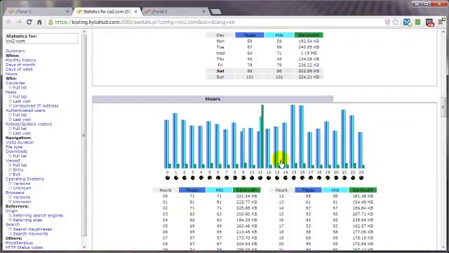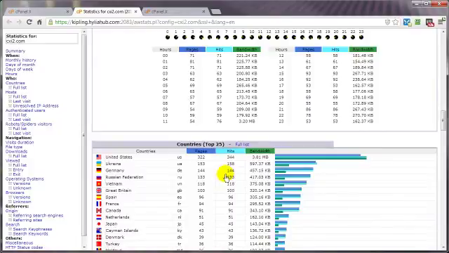If you're trying to set up email marketing, you might find that sending out or scheduling your emails to be sent out at 11 a.m. might be a lot better than, say, at 7 a.m. And this takes everything into consideration, including the countries that are visiting your site. Now, since this is more of a demonstration site, these numbers are going to be skewed accordingly. At least ways now you know where you can go to get more information on the traffic coming into your site. And you've got a lot of information over here to the side that you can just simply click on